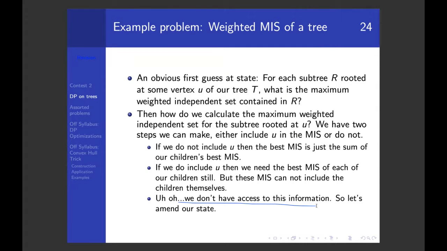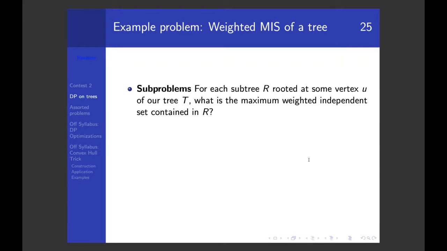Maybe, since it's useful to know the max independent set without the root, we could amend our state to give us 2 options. One option is max independent set of that subtree on its own, or max independent set that does not contain the parent. Like, given a tree,